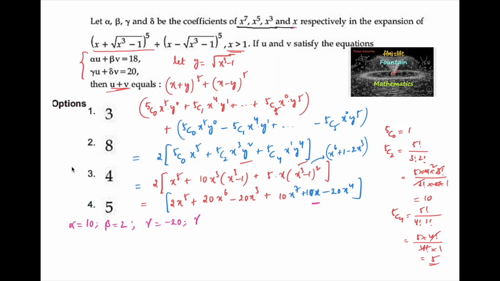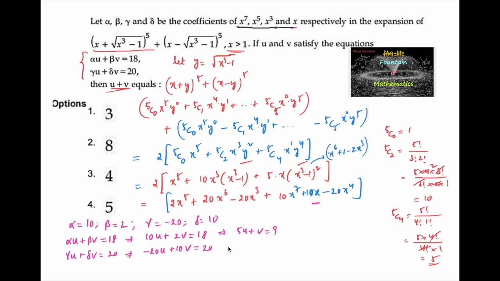So we can say delta is equal to 10, and also given alpha u plus beta v is equal to 18, which implies 10u plus 2 times v is equal to 18. And next one, gamma u plus delta v is equal to 20, which implies gamma is minus 20 times u and delta is 10 times v is equal to 20. So these equations by solving, and we can also write here